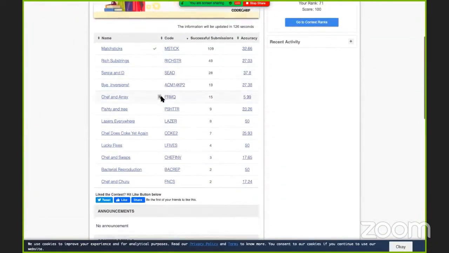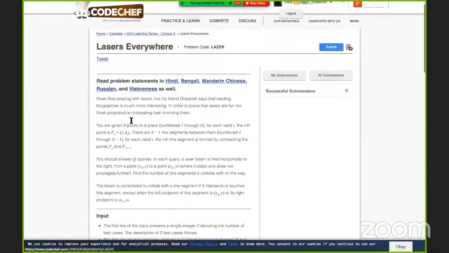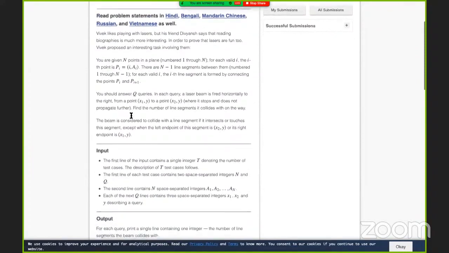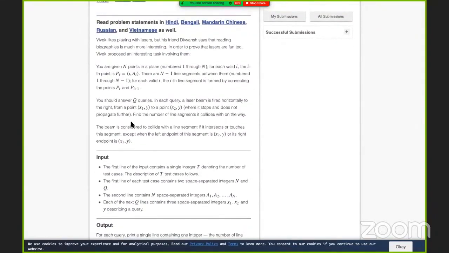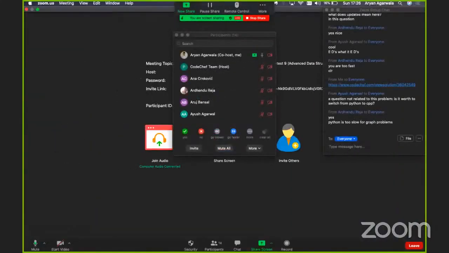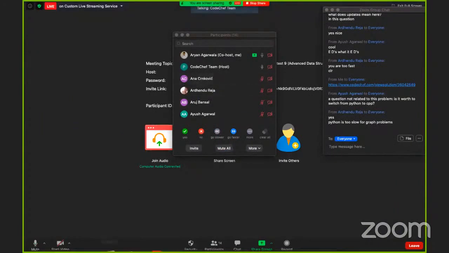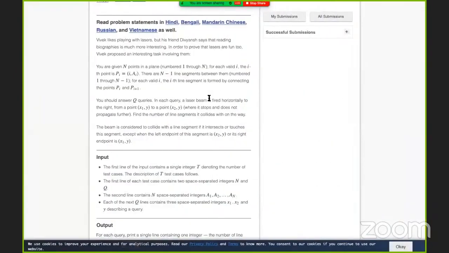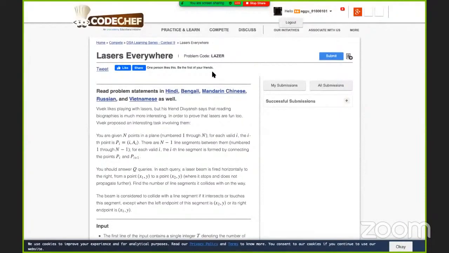Okay, let's go back. And the next problem I wanted to do is a little harder. It's called laser, okay? Arsen, can we skip this problem? I think it's too complicated, and I want to do lazy propagation before we leave. Yes, you can do that. Okay, so I'm going to skip this problem for now. Maybe I'll do a session next week where we'll discuss the more complex problems.